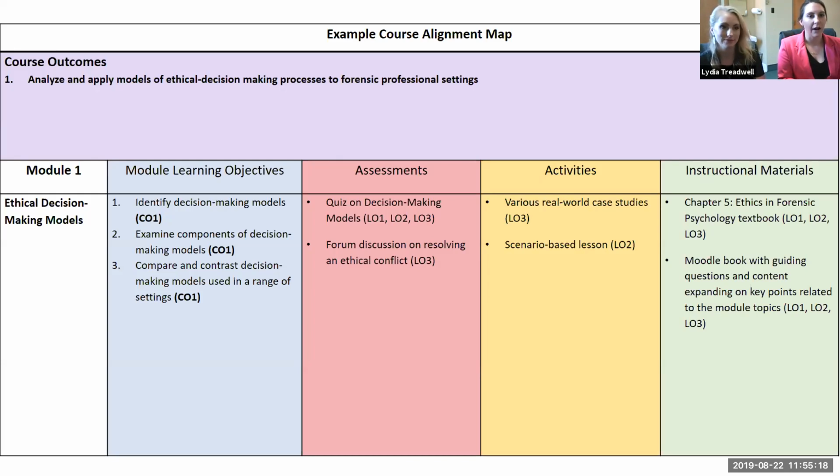We've listed our 3 learning objectives that we decided on, and all of those learning objectives correlate and associate specifically with course outcome 1. My assessments are listed, and after my assessment, I have what learning objective is being assessed in that assessment.